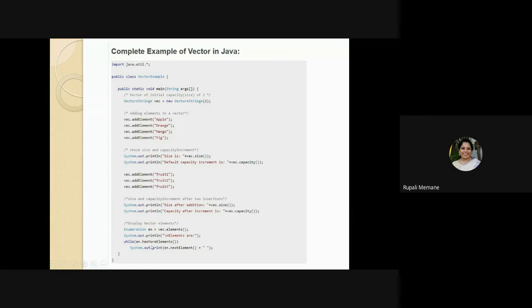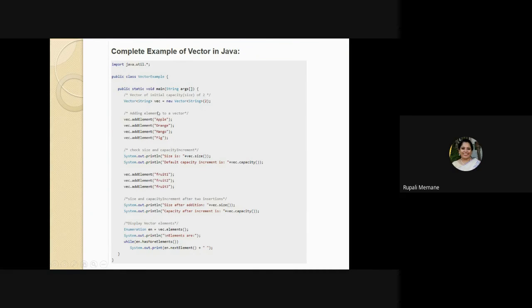And then they are trying to display the vectors with the enumeration. Enumeration we have not done, but they have created the object and then try to print it. This particular enumeration has more methods and all, which we will do in the coming classes. So this is basically the constructor of the vector.